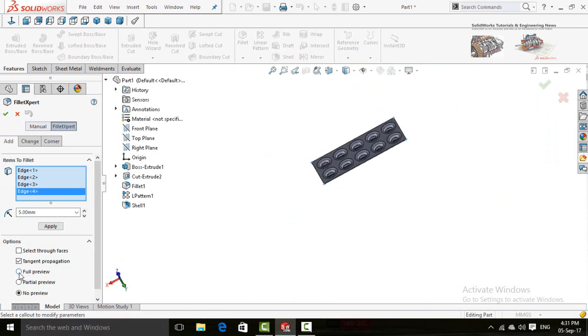Now check to this box full preview. Press OK button.